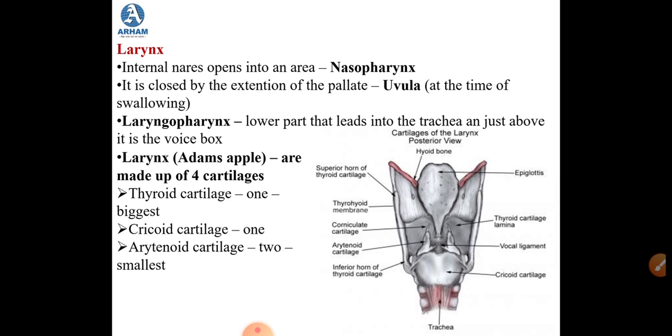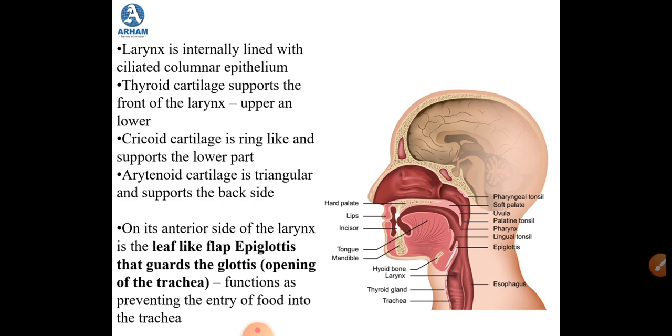So 1 of thyroid, 1 of cricoid and 2 of arytenoid, it makes up to 4. So that is how the larynx is made up of these 4 cartilages. Now internally, the larynx is lined by a ciliated columnar epithelium, and these cartilages are helpful in supporting